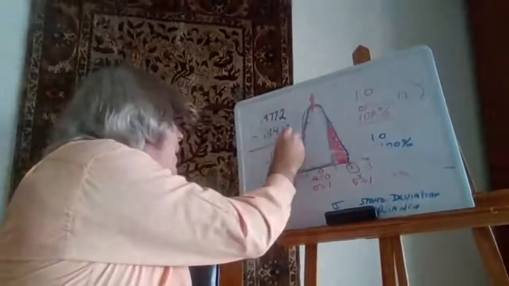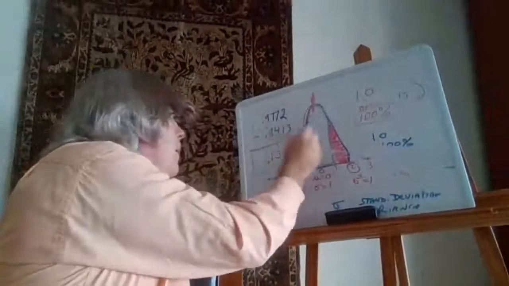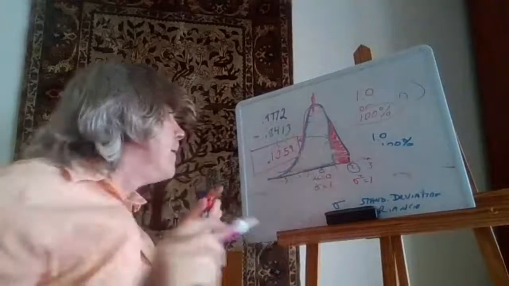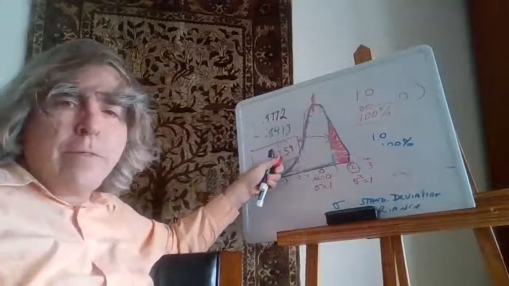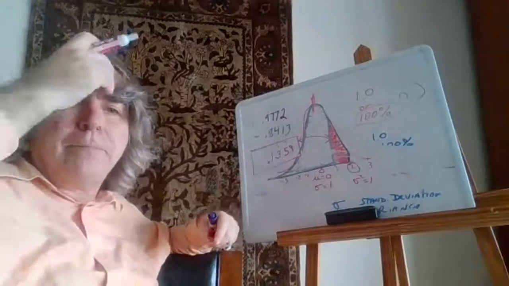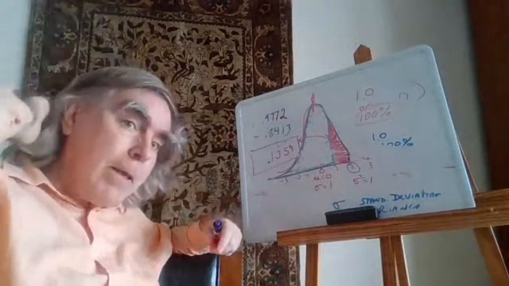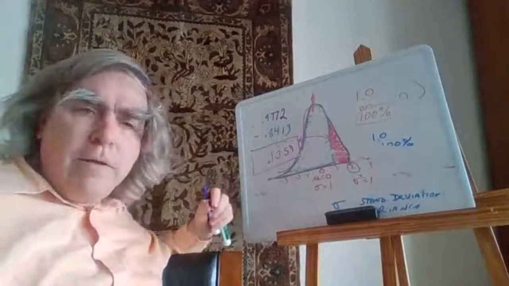And if I did my math right, this red area, therefore, is 0.1359. Does that make sense? So doing these,